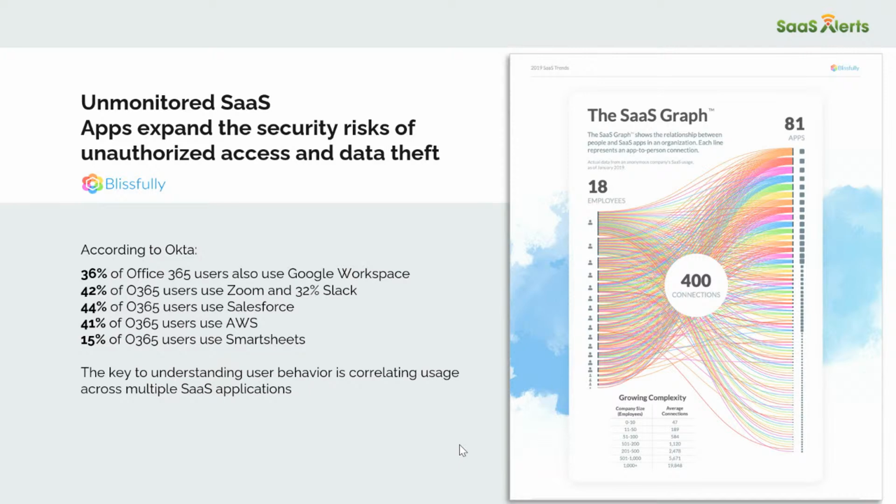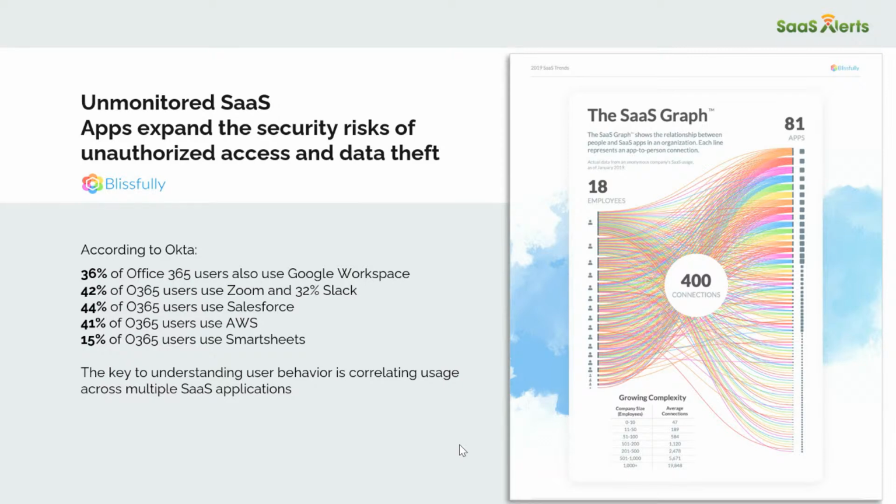So according to Okta, this is all the information on the left. 36% of 365 users also use Google Workspace, which I mean that's a pretty big number. I was a little shocked by it. 42% of users also use Zoom and Slack, even though that functionality exists in Teams. Right. So there is a lot of application crossover,